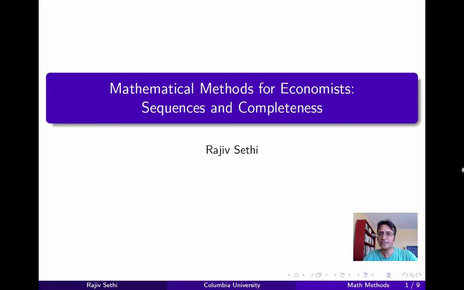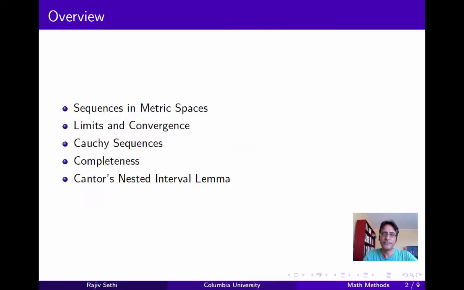In the last segment, we introduced the concept of a metric space, and in this segment, we'll continue the discussion by looking at sequences and completeness. We'll start by defining sequences in a metric space, look at limits and convergence, define Cauchy sequences and link this idea to completeness, and finish up by proving Cantor's nested interval lemma, which we'll need later in our discussion of